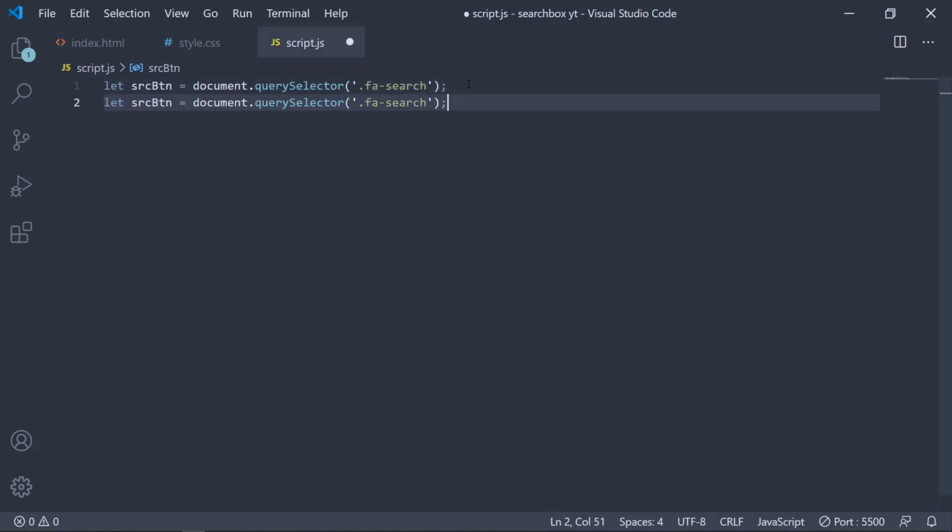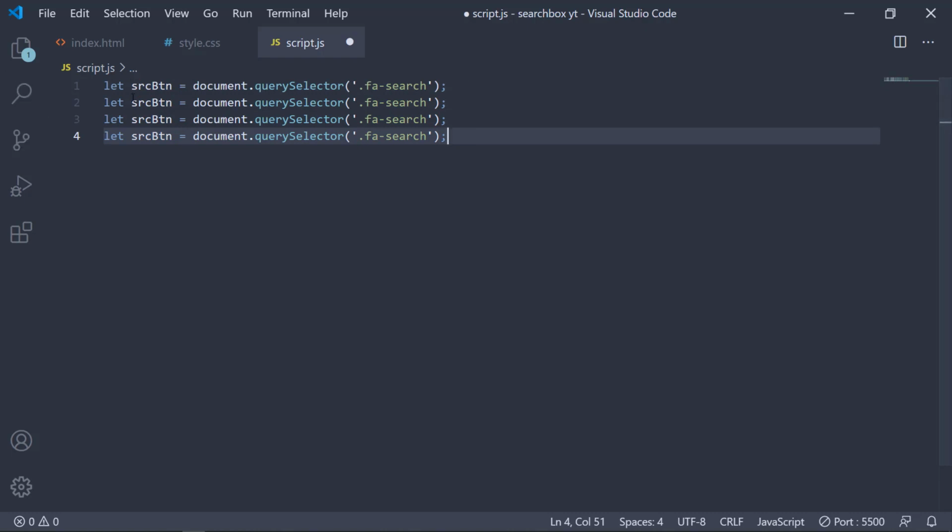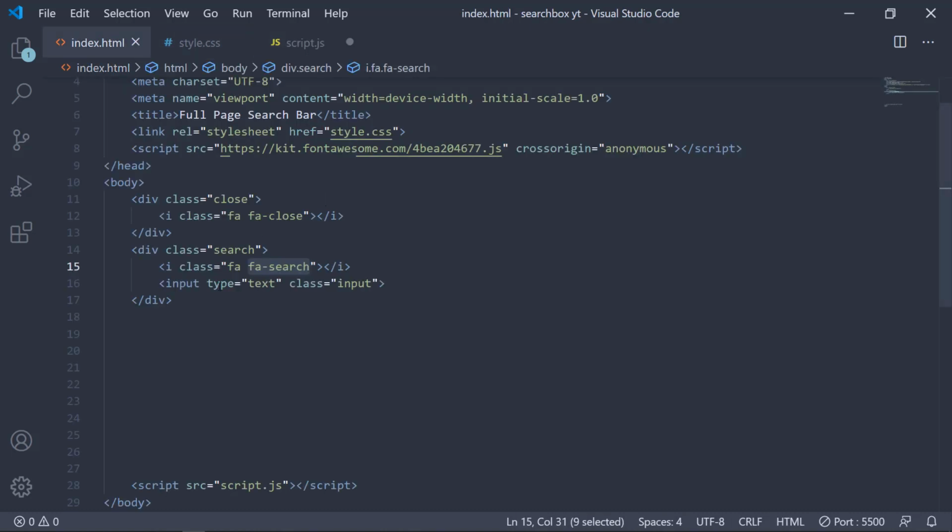Now we also need some other things, so we can just copy and paste this. Now second one I am going to get is the class of search. So it has a class of search, this entire thing. So we are going to add the class of open with this class.